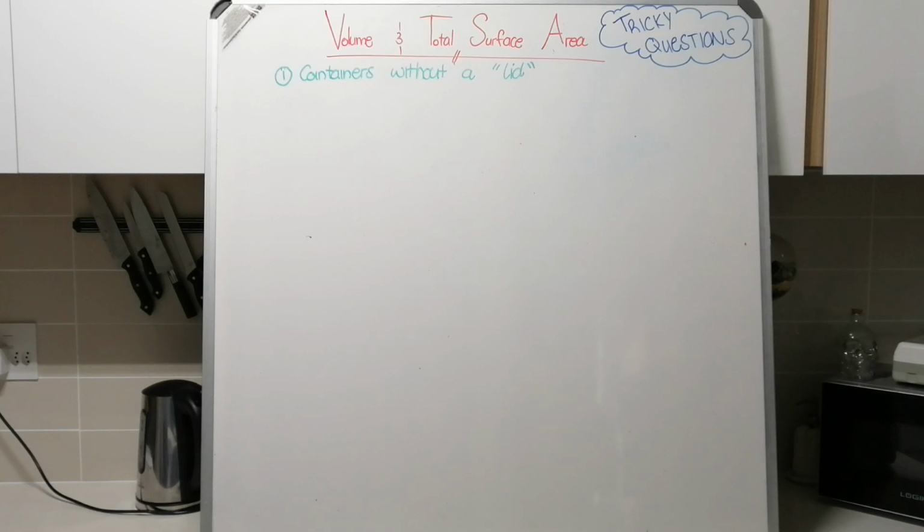Okay guys, we're going to look at the sort of trickier type of volume and total surface area questions today. There's only really two things that can be super tricky about volume and total surface area. Do you know what? I lie, there's three things. Sorry, there's three things that can be tricky. The first of the three tricky things is if you are given a scenario where you have a container that doesn't have a lid. So basically that just means,